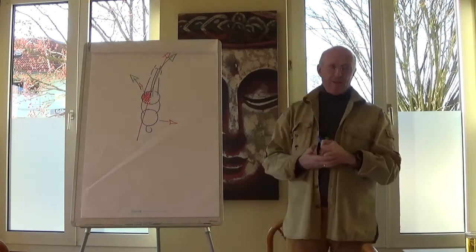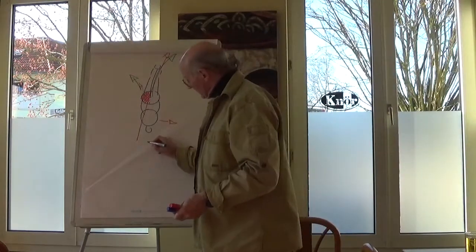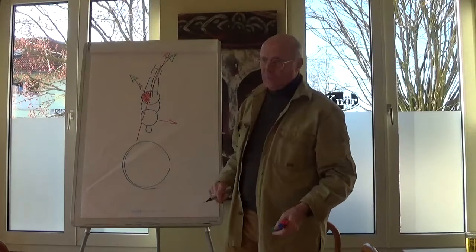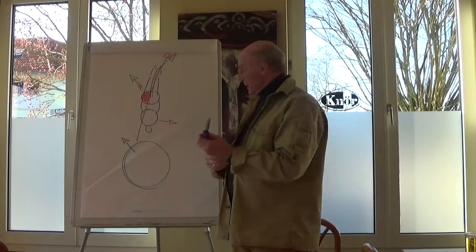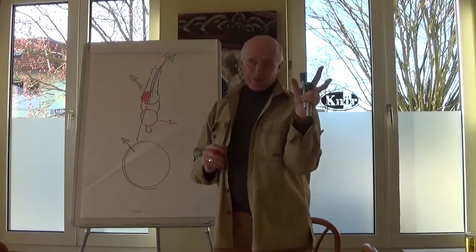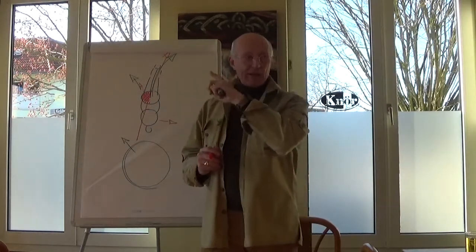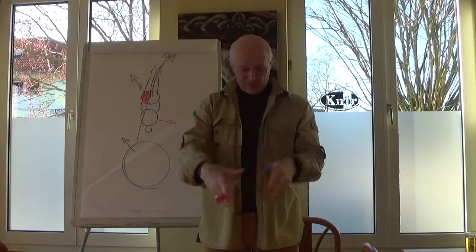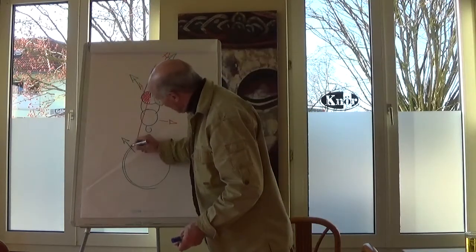Other things, at the lunge, especially. What is fundamental? Send the shoulders away. So if you want the horse to be in balance on the circle, not falling in, you never let him put the head out. If his head out is narrowing the circle, it doesn't tighten the lunge, it's coming on your feet and it's terrible. So in fact, if you send the shoulders away,